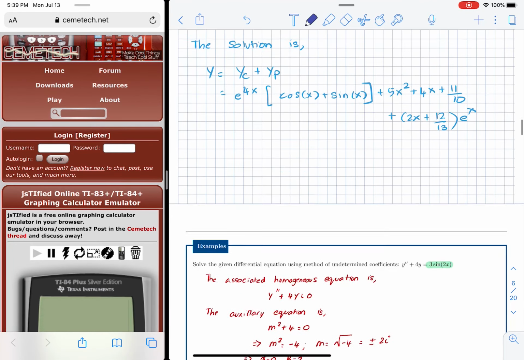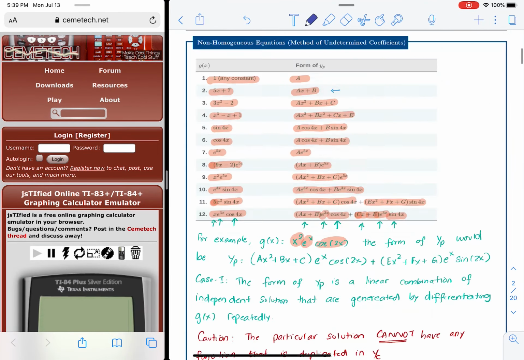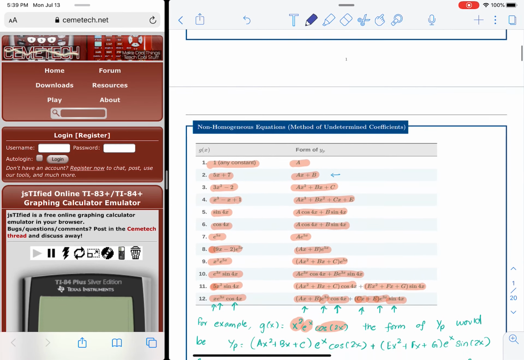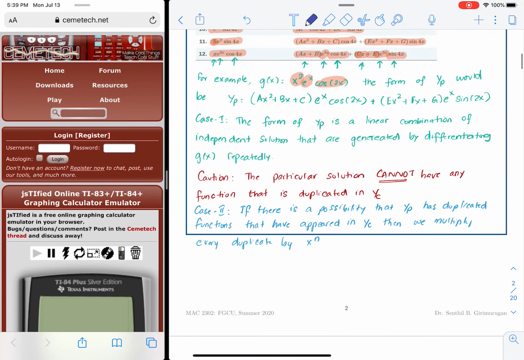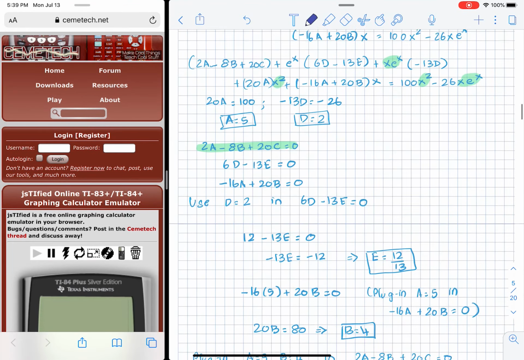If you forget this, you could always go back and look at this table. This is sort of a reference table that helps us identify what to use, and you can see item number 5 or 6 that tells us that we have to use a cosine 2x and b sine 2x